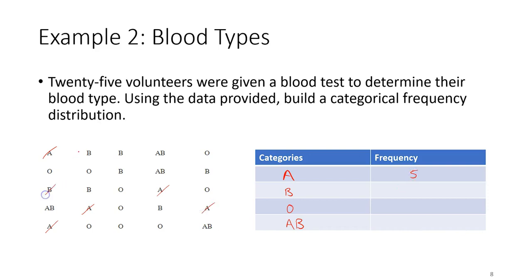How many B's? 1, 2, 3, 4, 5, 6. How many O's? 1, 2, 3, 4, 5, 6, 7, 8, 9. And then our AB's, 1, 2, 3, 4. And it looks like we missed a B. And so we'll just go add that here and make this a 7. And so now we have the frequency, or the count, the number of participants that fall into each of these